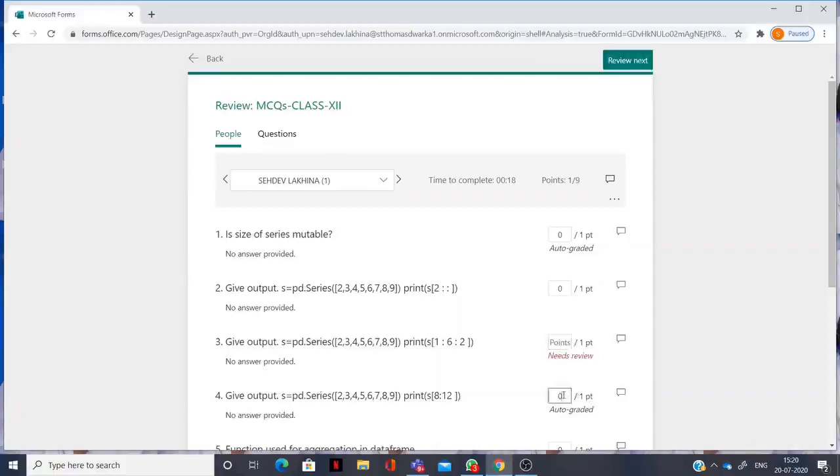One more case I'm going to take: suppose these two questions, question number 3 and question number 4, are one word based questions, and here they show 0 and 1. You can consider the case where we did not give the point when we set the question. These two cases are there, questions 1 and 2, and 3 and 4. In these types of cases the review answers option is very useful, so you review the answers of each and every student here.